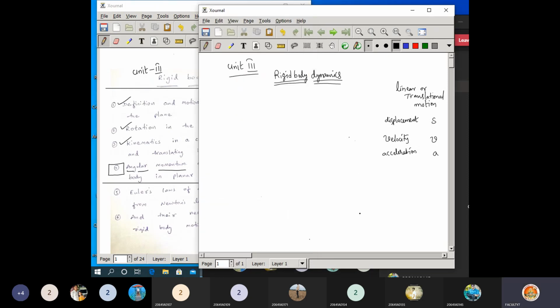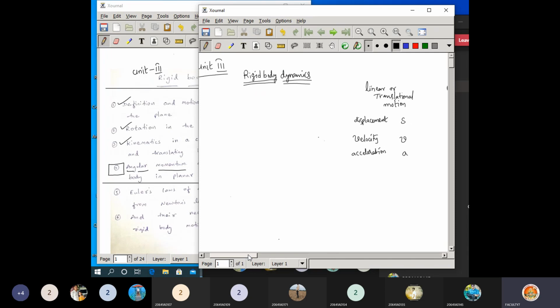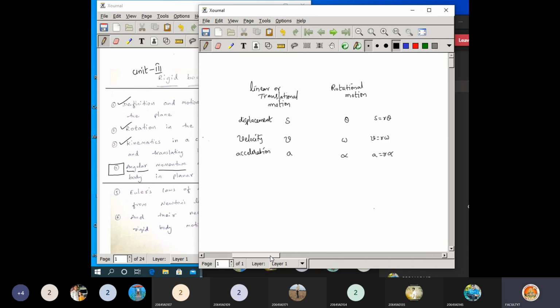Now regarding those topics, we had seen a few equations and their relations. Now this is regarding the translation motion or the linear motion. If we can consider this as a translation motion here, and here regarding the rotational motion. So these are the representations, and here these are the representations. And the third one is going to give the relation between those. It is going to give the relation between the translation and the rotational motion.